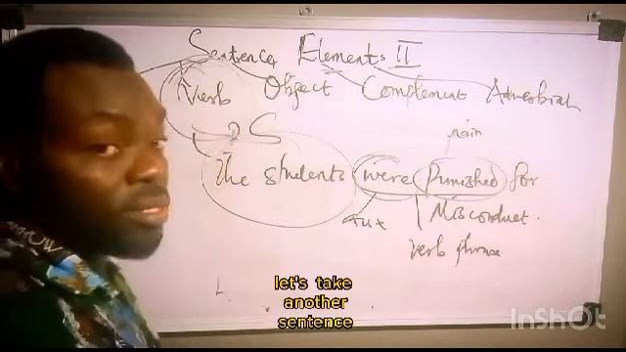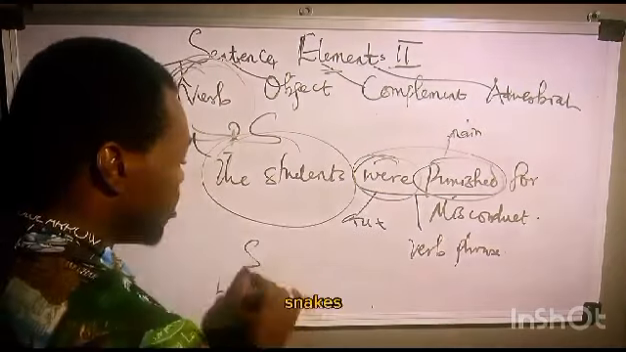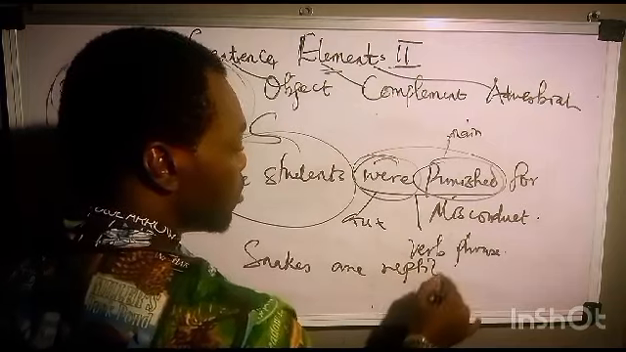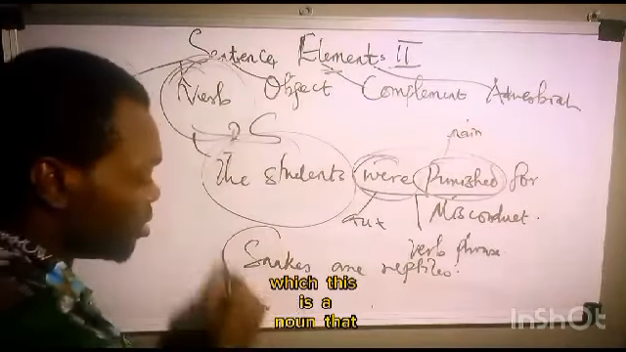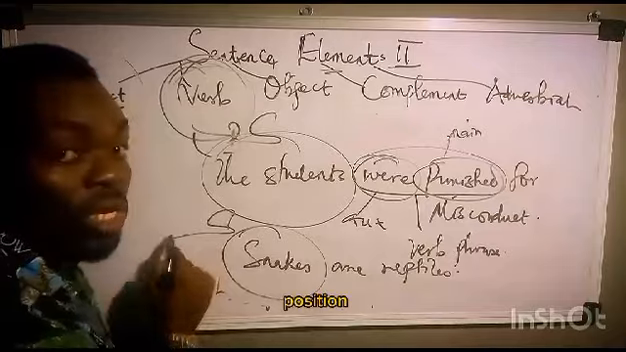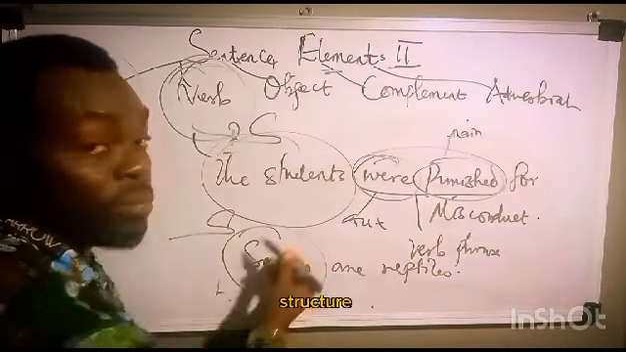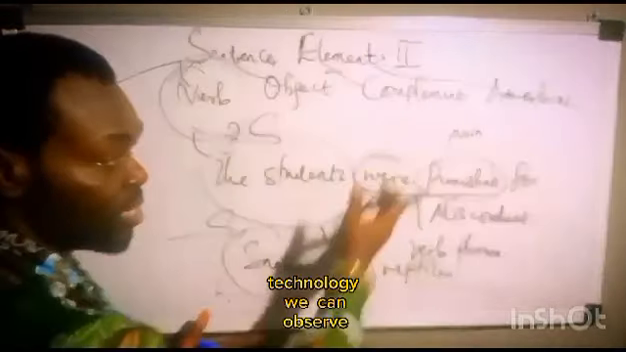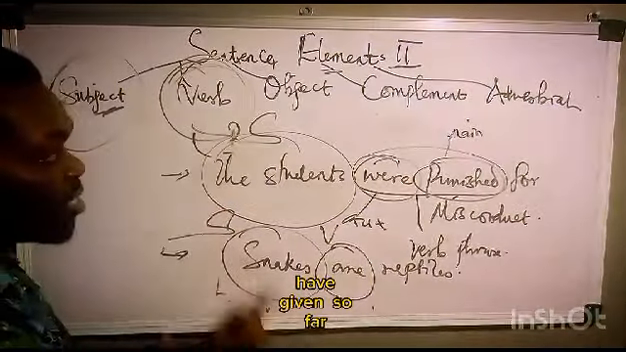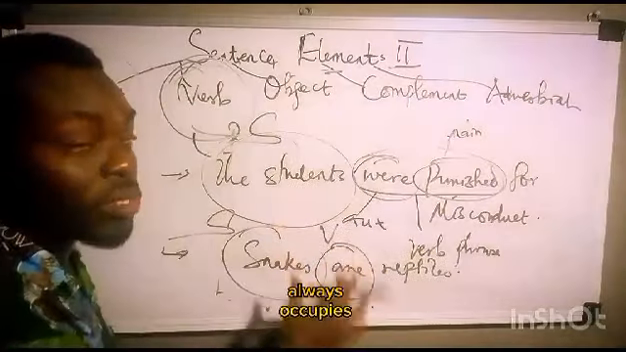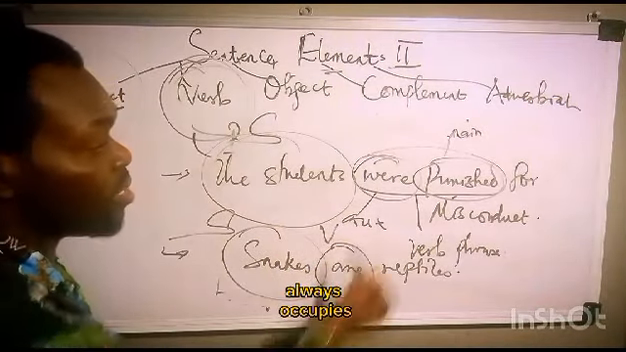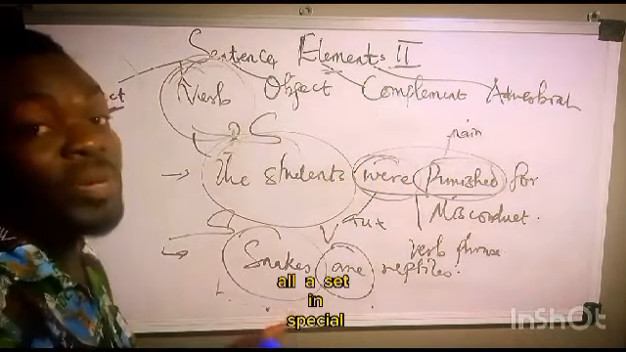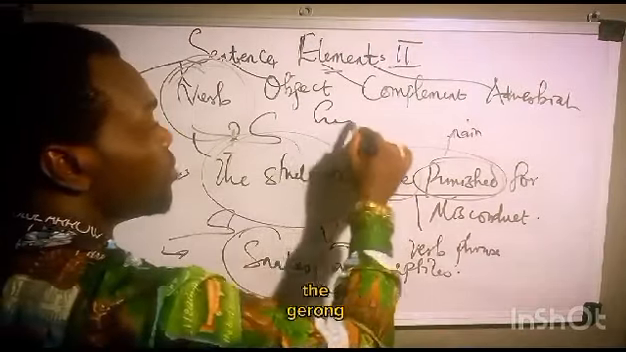Okay, let's take another sentence example, guys. Snakes are reptiles. We have a sentence here of which this is a noun that occupies the initial position, and immediately after the subject comes the verb. So take note: if you observe the two sentences I have given so far, we notice that the verb always occupies the position immediately after the subject,